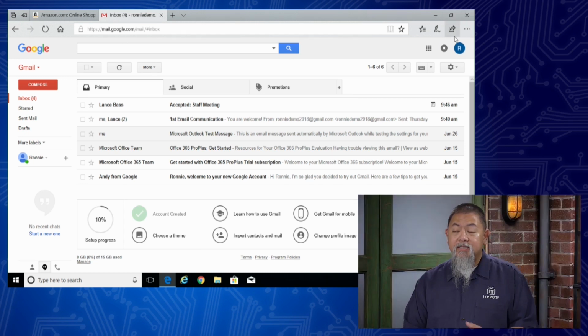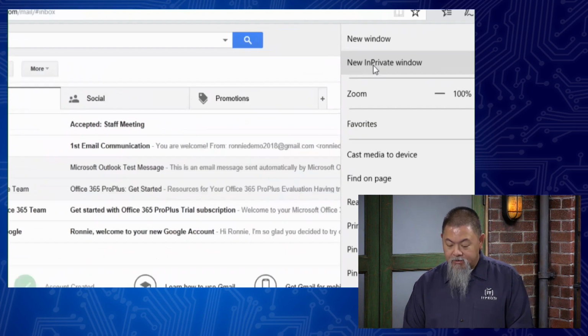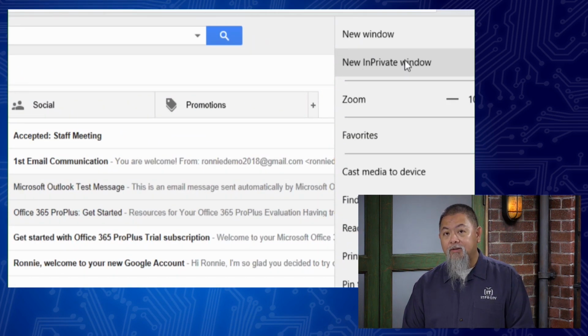Sure. So this is that idea, right? Once we actually run that browser, we don't want to save anything at the very end of it. So we're not leaving anything behind. At this point, notice that if I select the same option menu over here, you'll see what Don's referring to, which says New in Private Window.